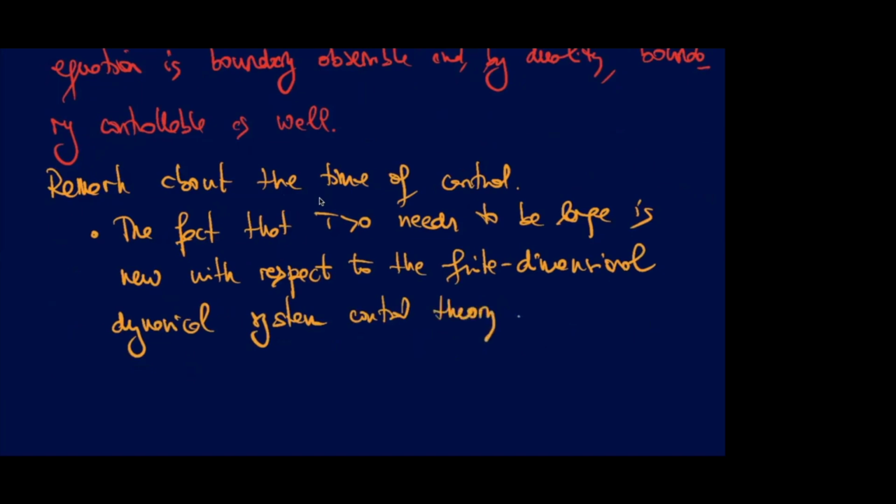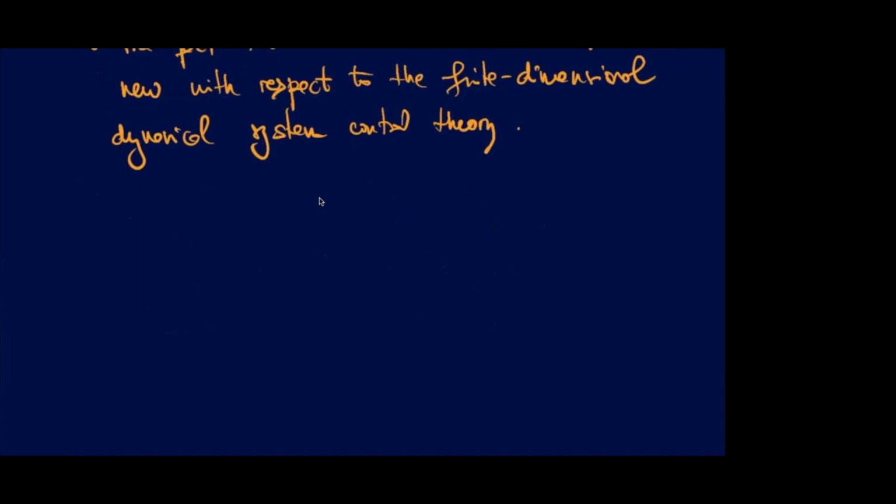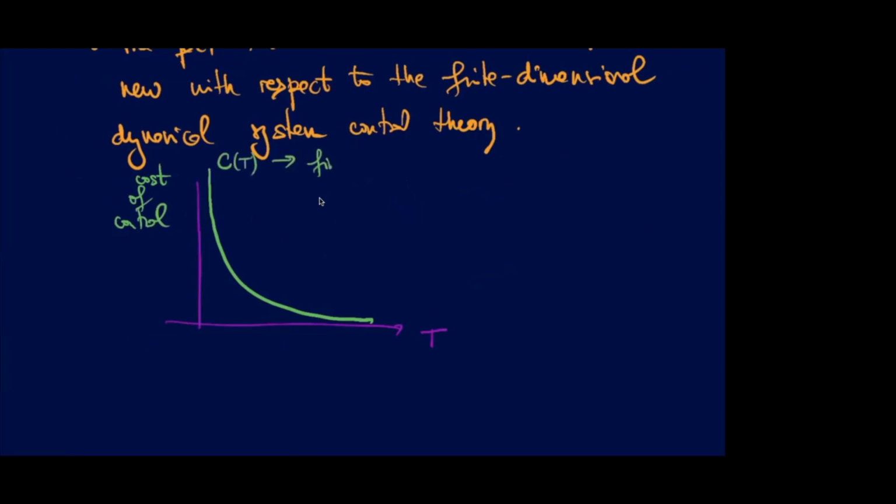Why? Because in finite dimensional control, (A, B), I could check just Kalman, and if Kalman were true, then the time of control could be arbitrary. The size of the control could be larger or smaller depending on the time horizon, right? So then the drawing was, okay, you give me the time window, and then I know the cost of control will be C_T.